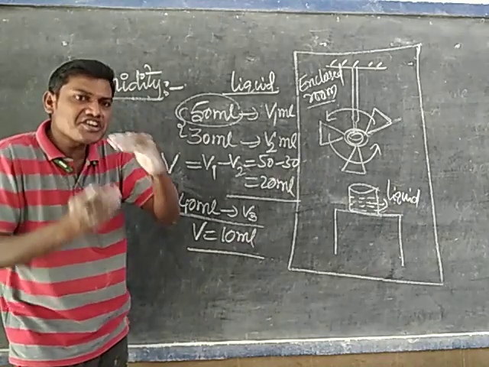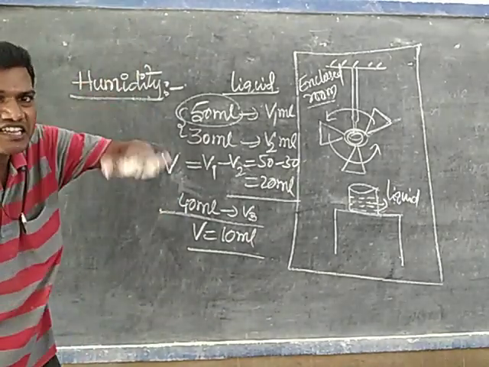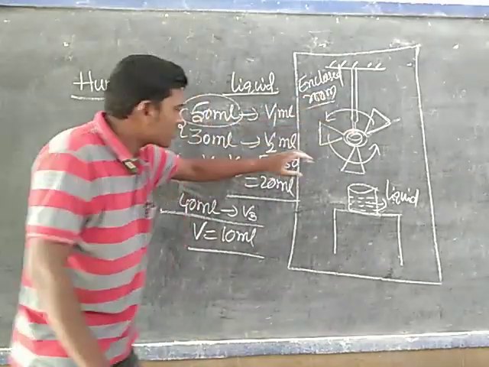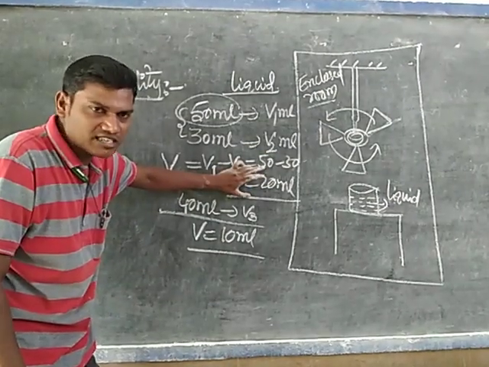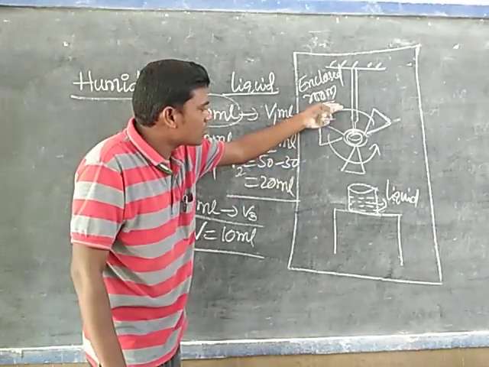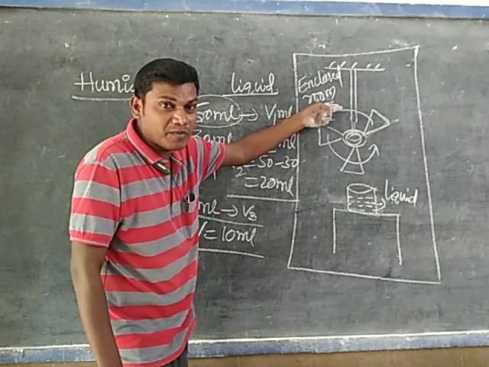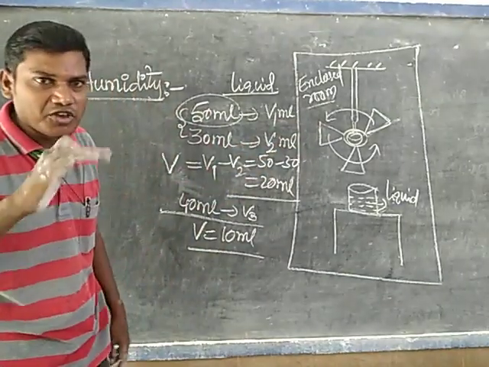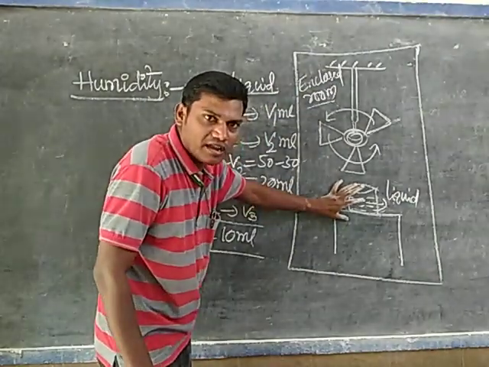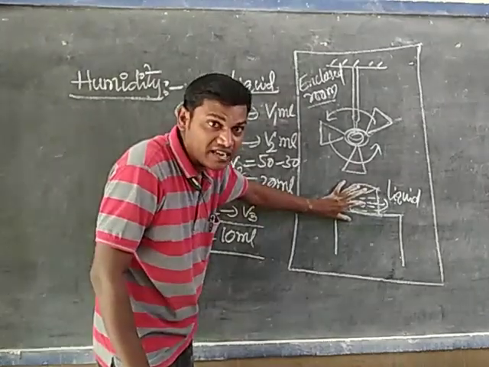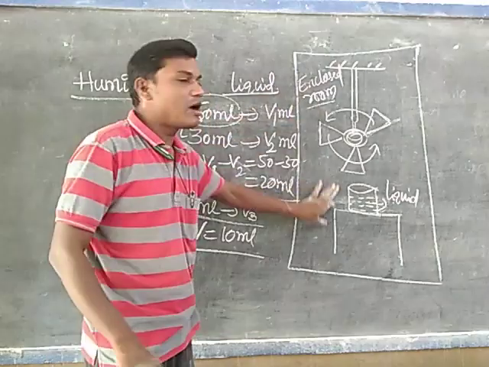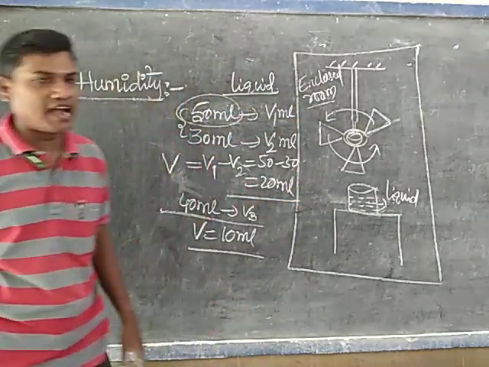If the humidity increases, the evaporation rate decreases. Initially humidity is in the normal mode, as we have considered. But after completion of the first experiment, 20 ml of liquid is converted to vapor, and the concentration of water vapor molecules increases in the air, which is nothing but humidity increasing. With increased humidity in the second case, the same nature and same quantity of liquid was taken, but less liquid evaporated. So if humidity increases, evaporation decreases. That is your understanding. But how can we write it?